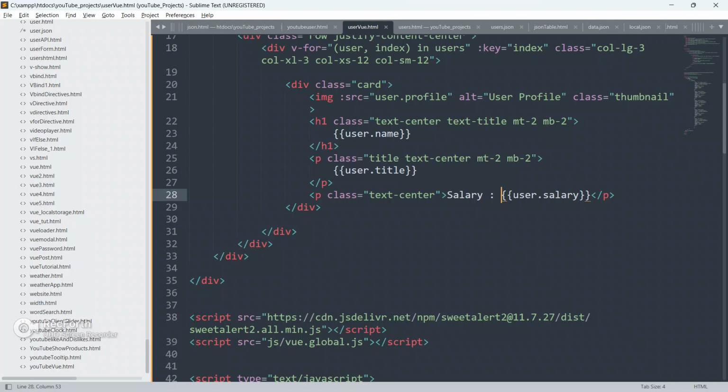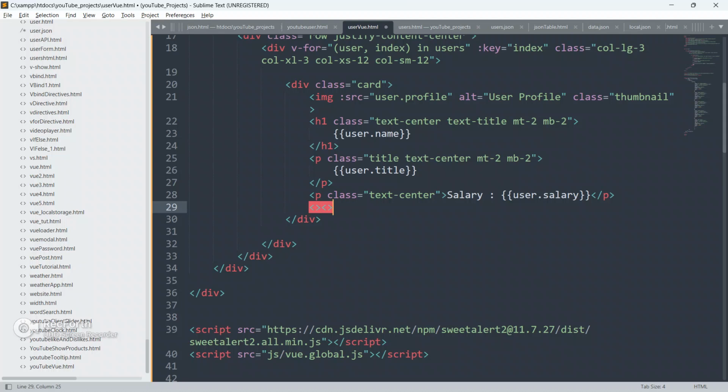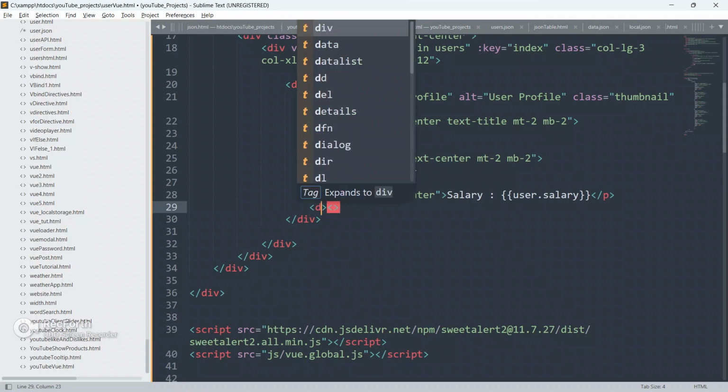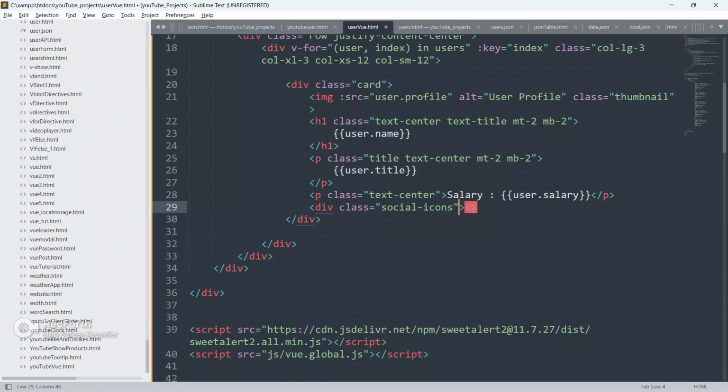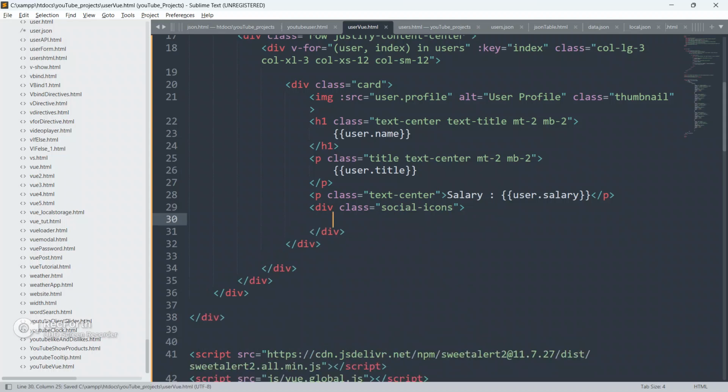Now I have to go to the code editor, and below this p, I am gonna create a div element, and give it a class as social icons.